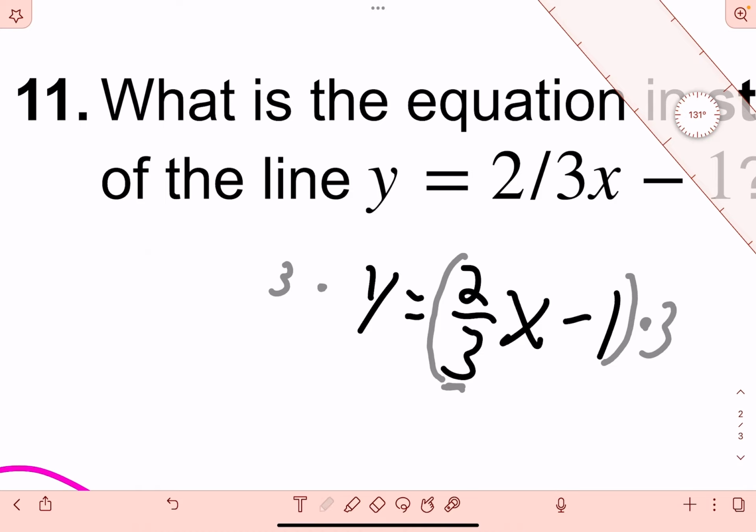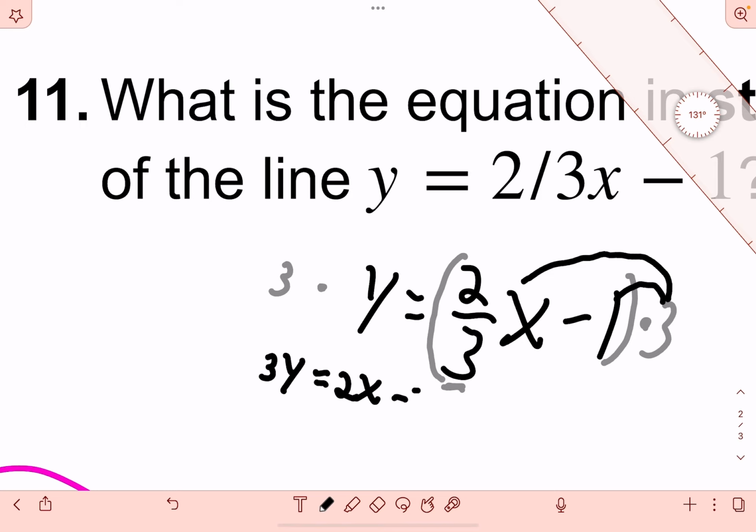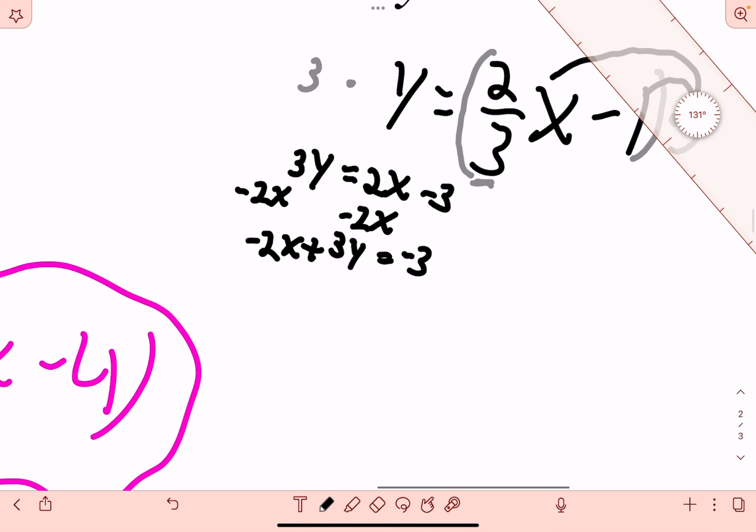So we end up with 3y equals, now let's see, 3 times 2/3, the 3's divide out, that leaves you with 2x. And then 3 times negative 1 is minus 3. I distributed the 3 into both terms on the right. Now the last step is to subtract 2x. Subtract 2x, we get negative 2x plus 3y equals negative 3. And this is the equation